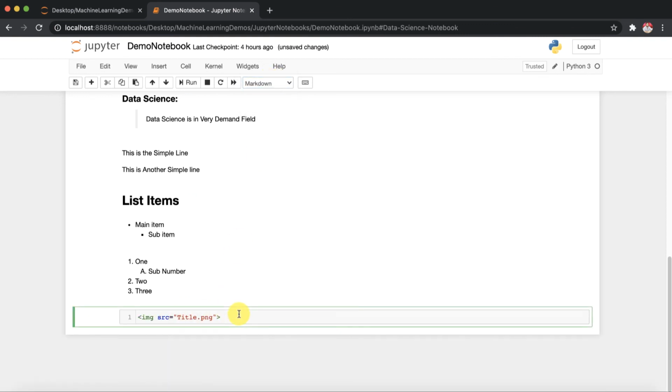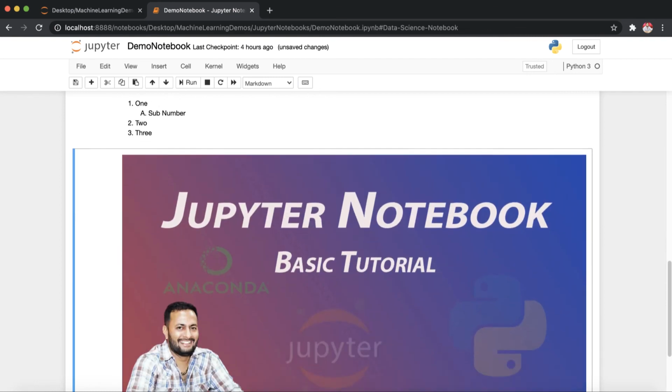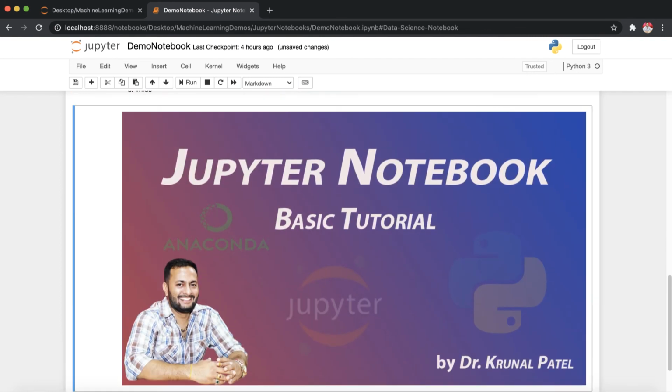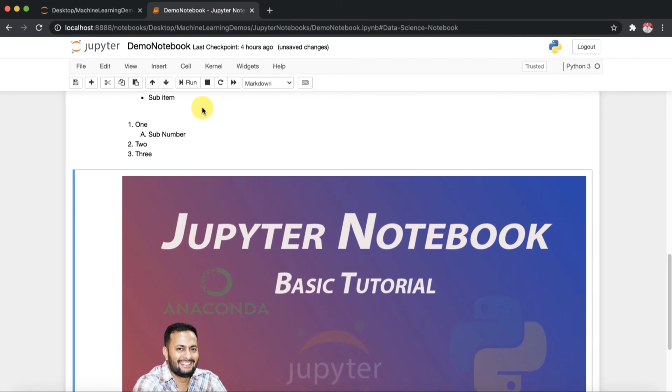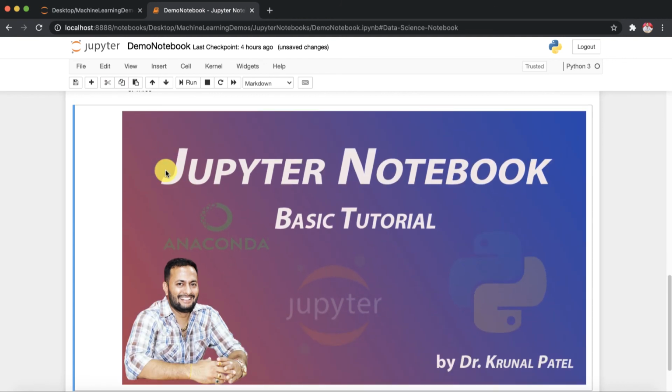Sorry, I just need to execute this code, and it will display the image over here, right? With the use of this image, you can put any graphs, any comparison tables, and all that stuff